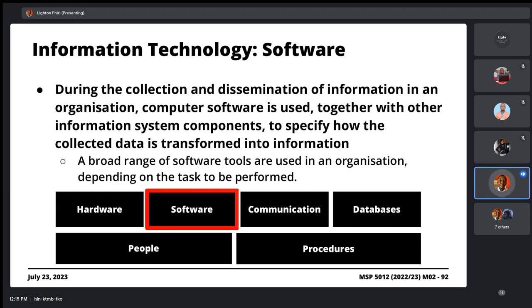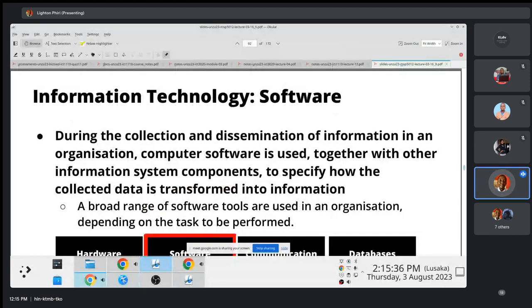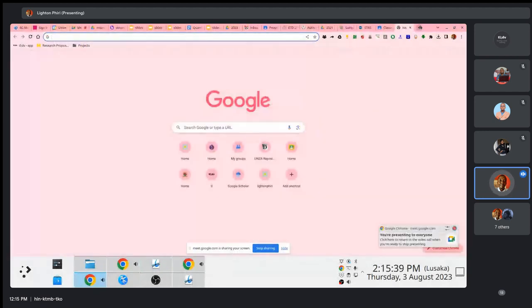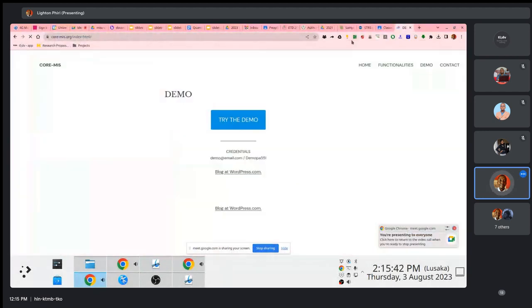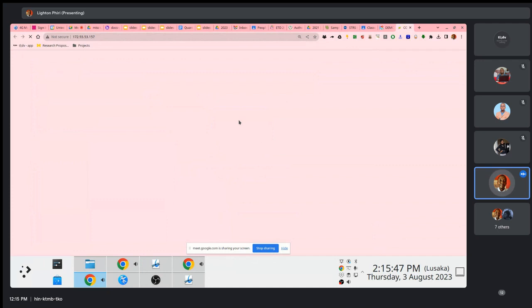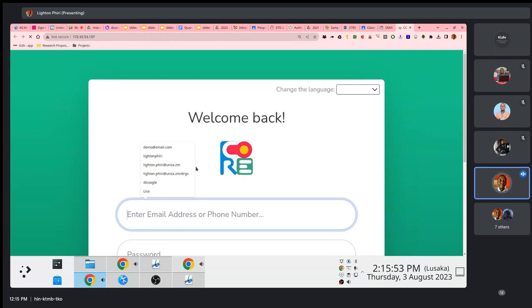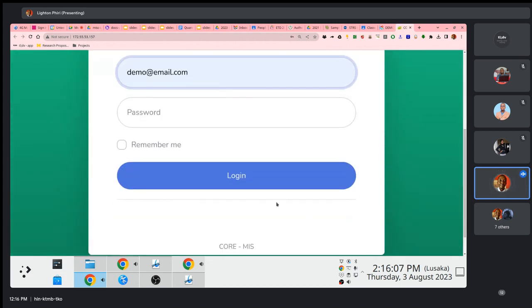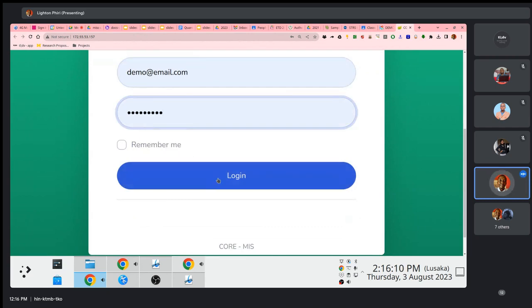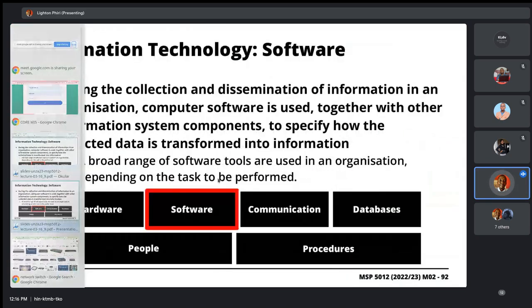Like the ZSpace we've been talking about. Because it is web-based, in essence, we access it via a browser. Before you can access it, there's a crucial piece of software that you need, your so-called browser. It could be Chrome, Internet Explorer, Firefox, or Safari. All of these are examples of software that you cannot run away from when you're interacting with an MIS platform.